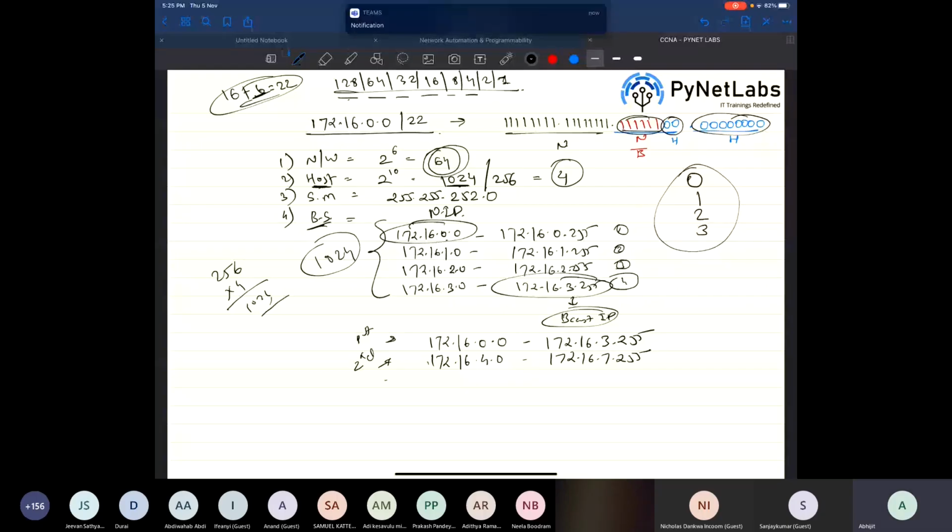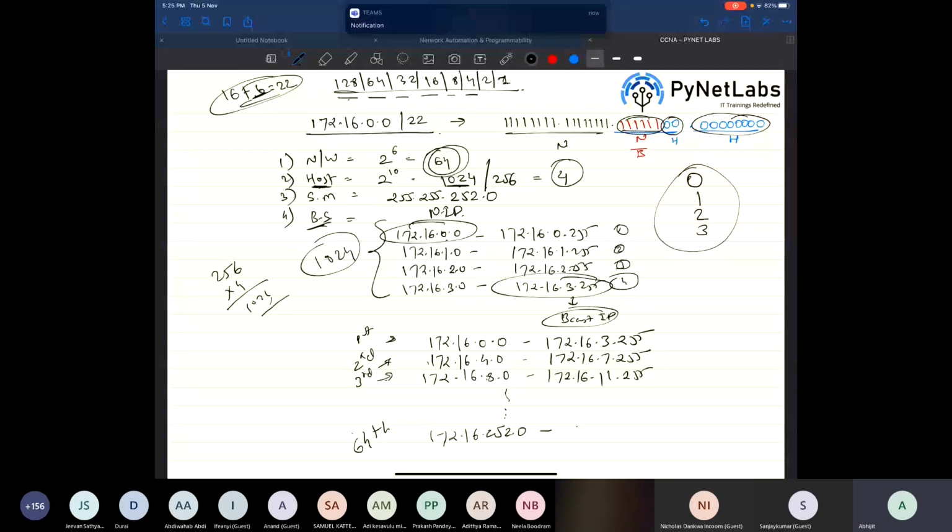Do you understand that? Perfect. The third network is going to be 172.16.8.0, and it's going to end at 172.16.11.255,